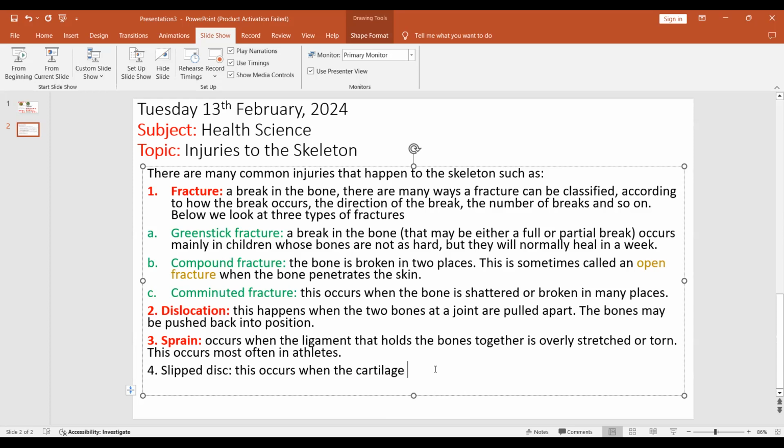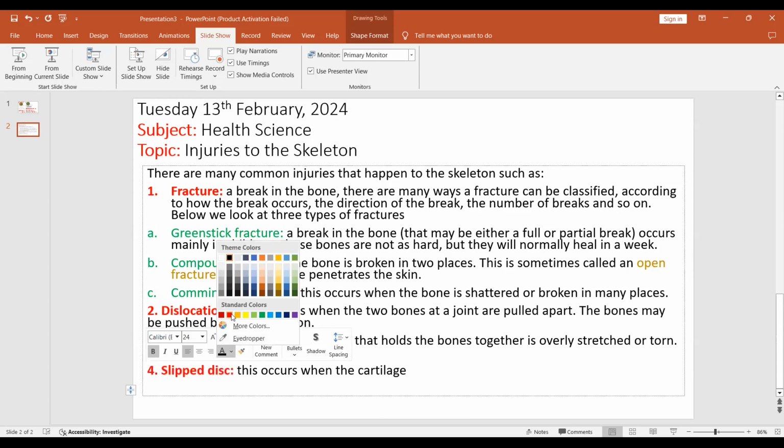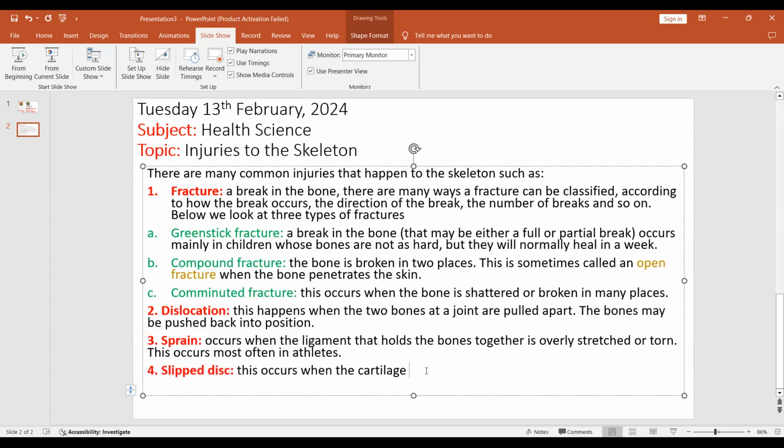The cartilage, is it rubbery or not rubbery? It's rubbery, very good. And what's the purpose of the cartilage? To stop bones from rubbing up against each other. Very good. It prevents friction. So this occurs when the cartilage between